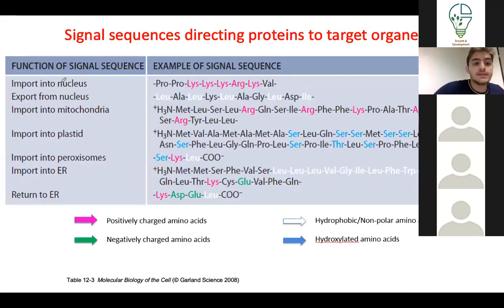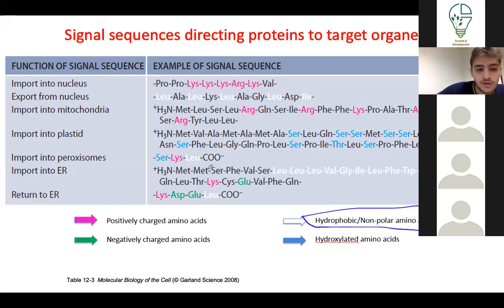Now, for instance, one of the signal sequences is proline, lysine, arginine, lysine, valine. Okay, when the cytoplasm sees this, it immediately carries it to the nucleus. So it imports the protein to the nucleus. Of course, 100% you don't need to memorize this and know the sequence, but what you should know is that